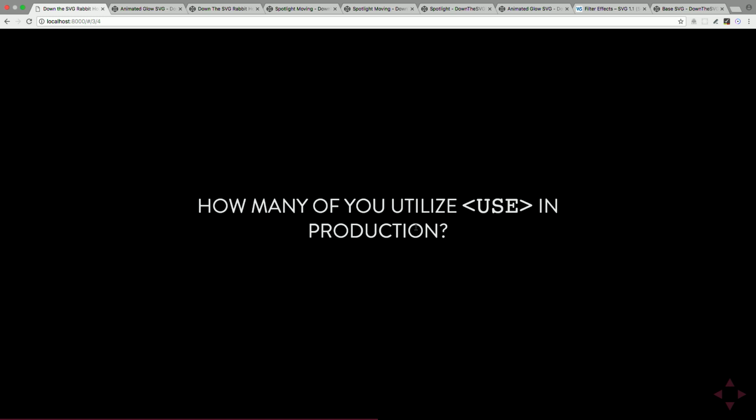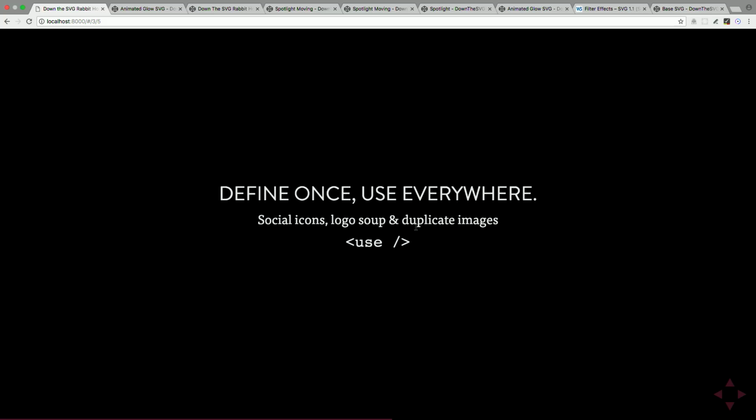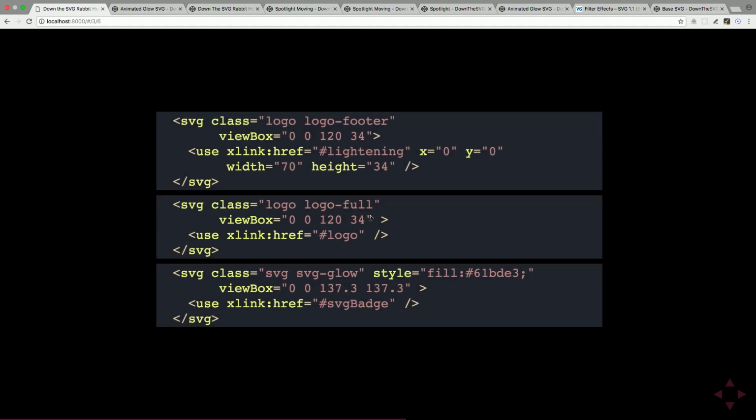So you can utilize this awesome element called use within your SVG, where you define the pathway once and you can target which element or icons you want to utilize with an ID and the use tag. That allows you to define the SVG once and use it everywhere. What ends up happening is you have a really long piece of SVG code that will allow you to target each of those items. So in this case,